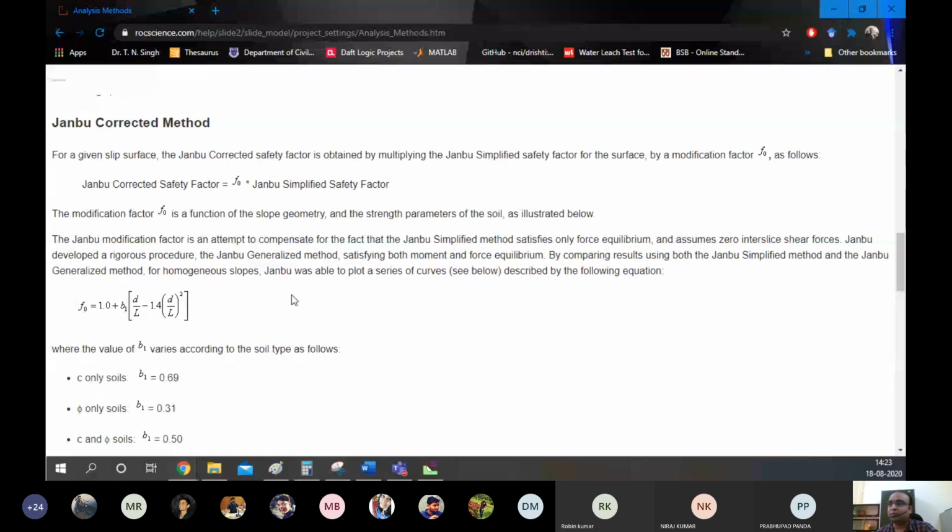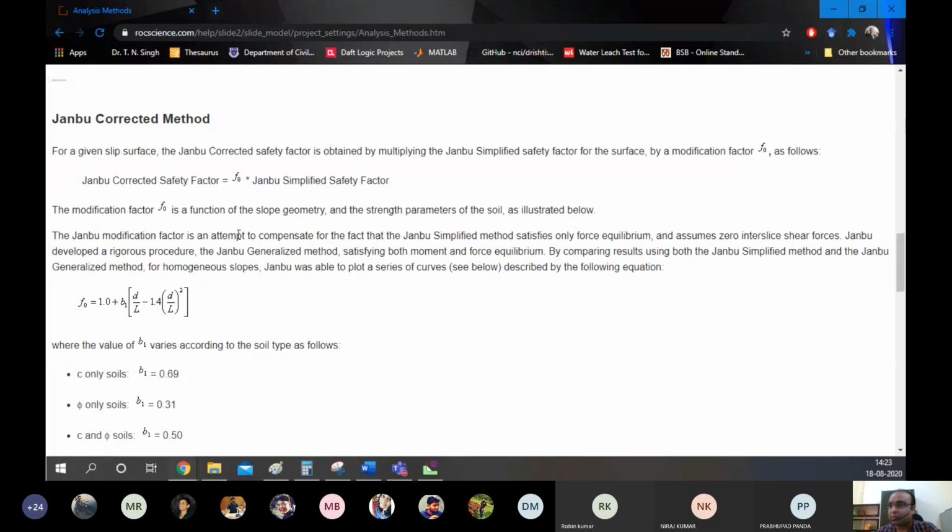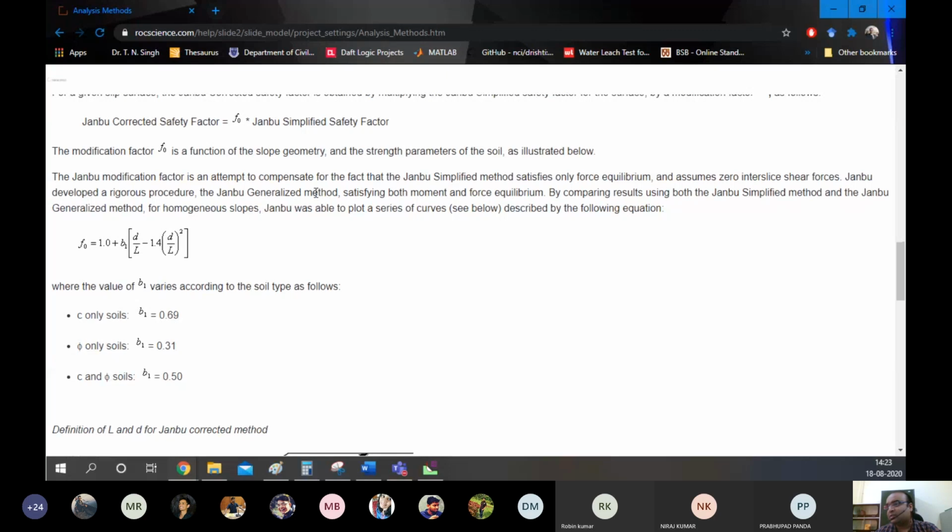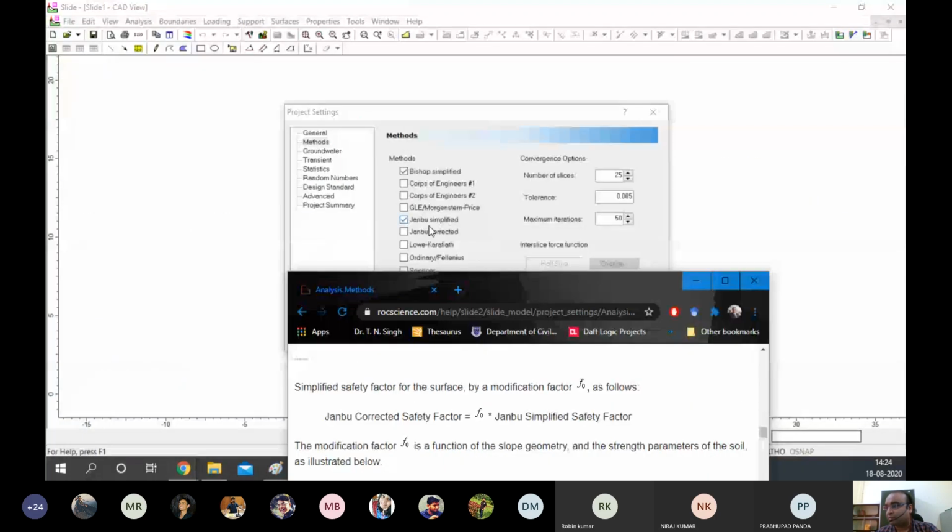The shear forces in Janbu simplified were not taken into account. So for factoring that in, they have made a correction factor that corrects the Janbu simplified. But sometimes this is not necessary, so they have also given an option for the simpler version in the software. So both of them, the Janbu simplified and Janbu corrected, will be there.